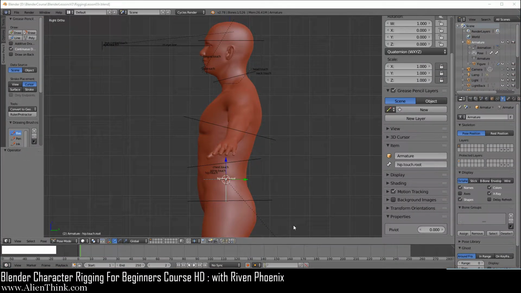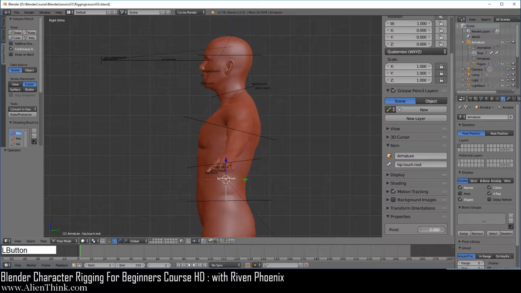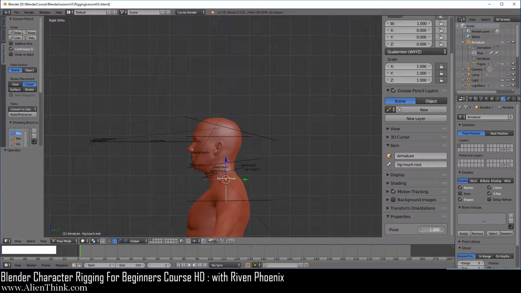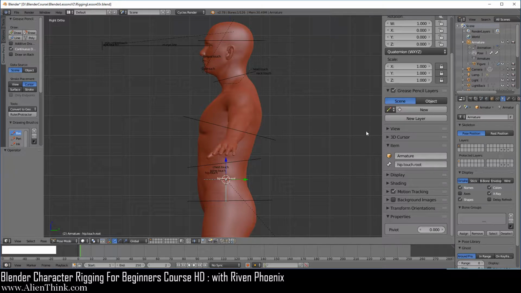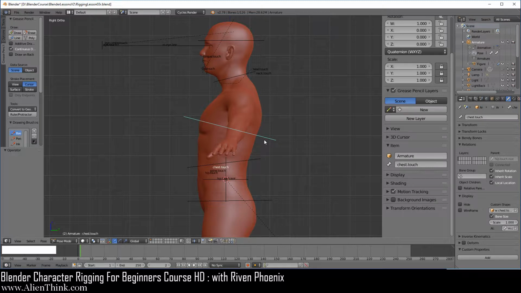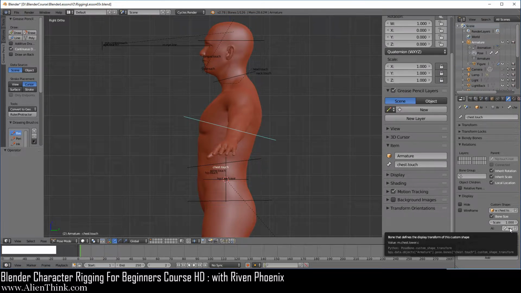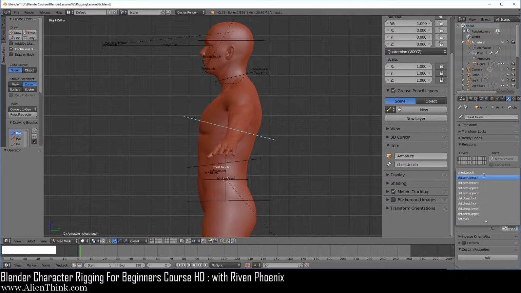Okay, so now you will notice that when we change the pivot point, let's say all the way to 1, the touch bones are simply not sticking to the character. So this is very easy to fix. Just go ahead and click on this pivot point and go ahead and move this back to 0. All you have to do is go to the bone tab on the chest.touch and simply change this to the original dev bone. So over here, just click this, and what you're looking for is going to be the